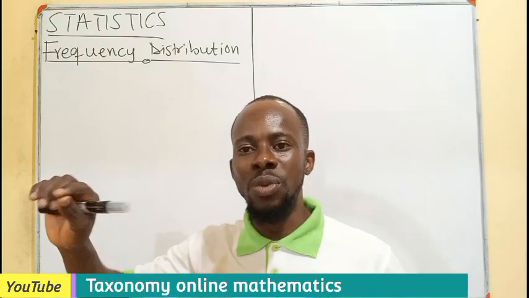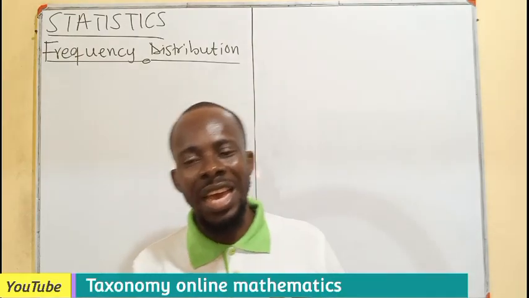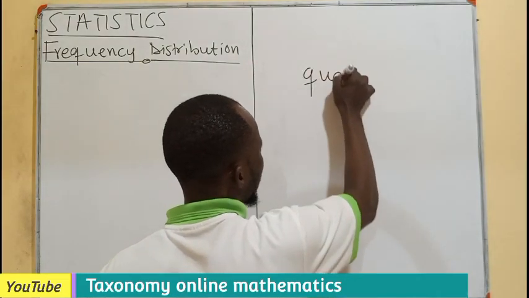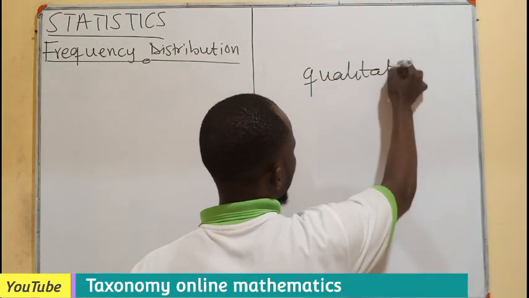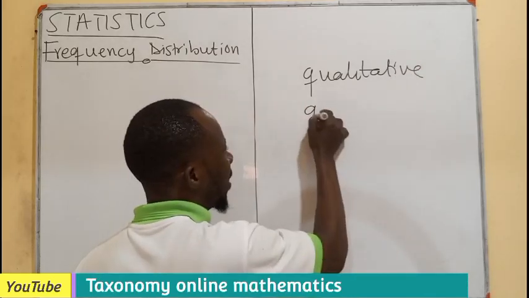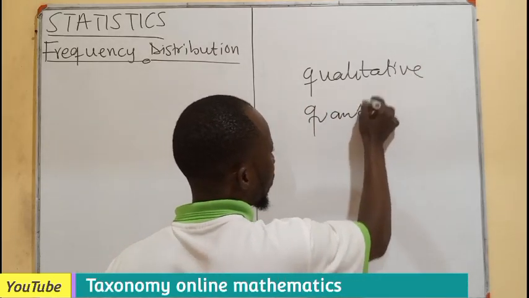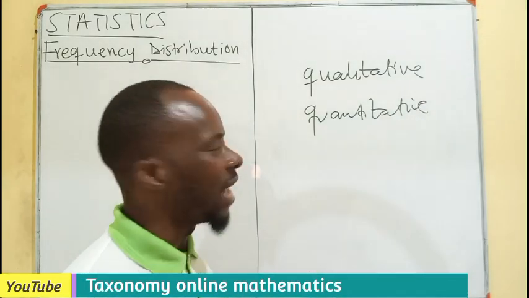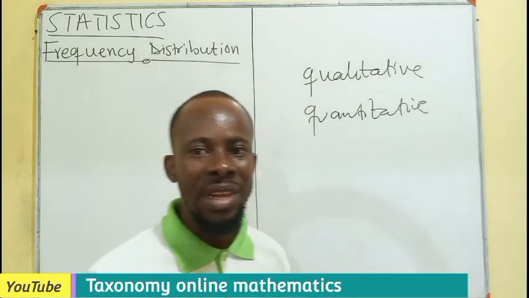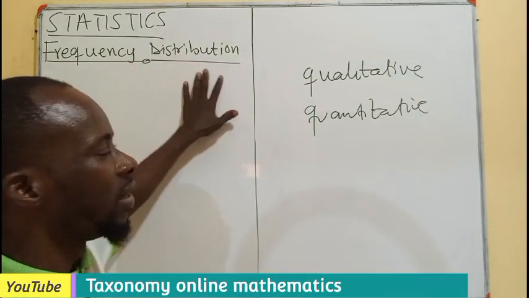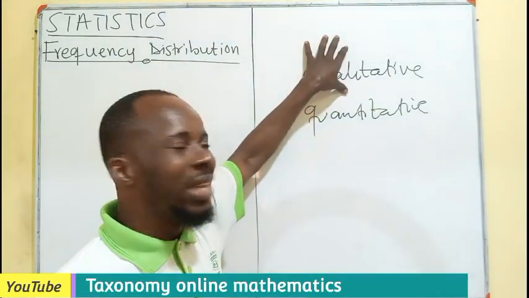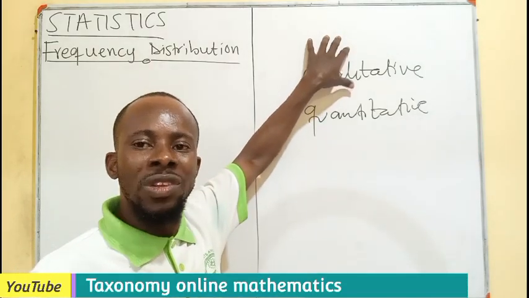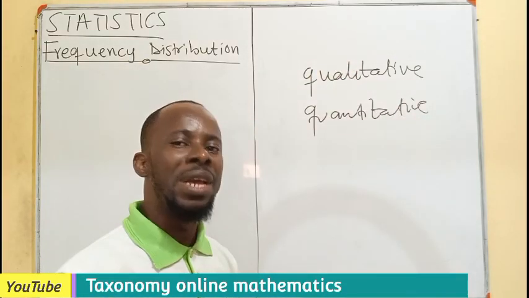And the frequency distribution also organizes data in twofold. We have the qualitative and the quantitative. So we have the qualitative data and that of what? The quantitative data. So a frequency distribution for a qualitative data only lists the various categories and the numbers of